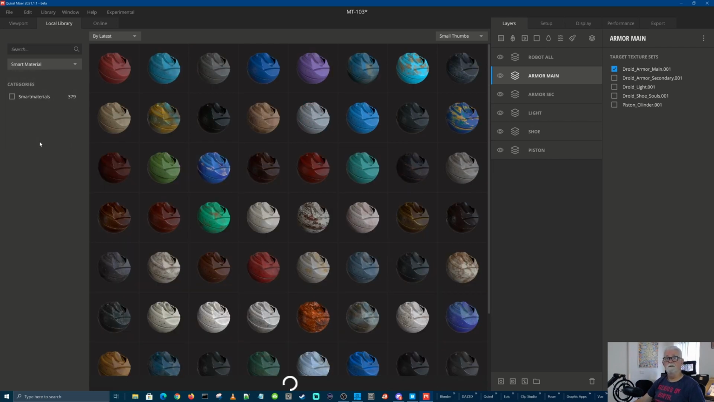So if I just select smart materials, these are all the smart materials that you get when you load. I do suggest when you install Mixer that you do select all the tick boxes and install all the smart materials. You'll be very disappointed if you don't. And you can apply these